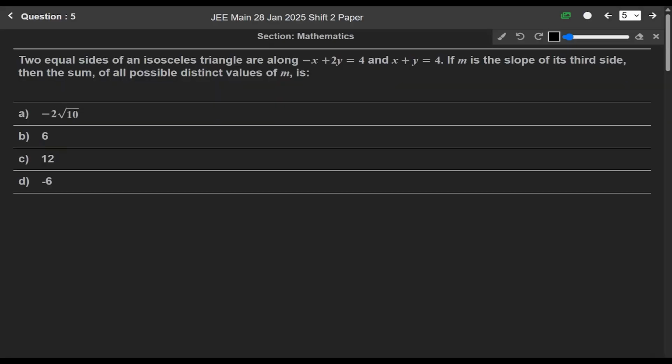Now the next question is the fifth. Two equal sides of an isosceles triangle are along minus x plus 2y equals 4 and x plus y equals 4. If m is the slope of its third side, then the sum of all possible distinct values of m is. Okay, so we are given that two equal sides of an isosceles triangle are along this and this. So let us say